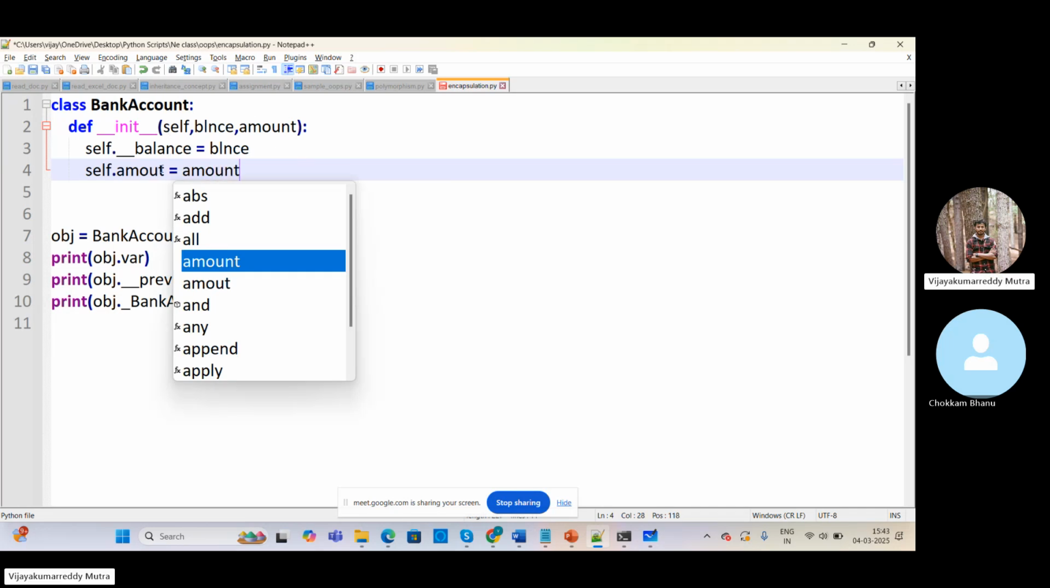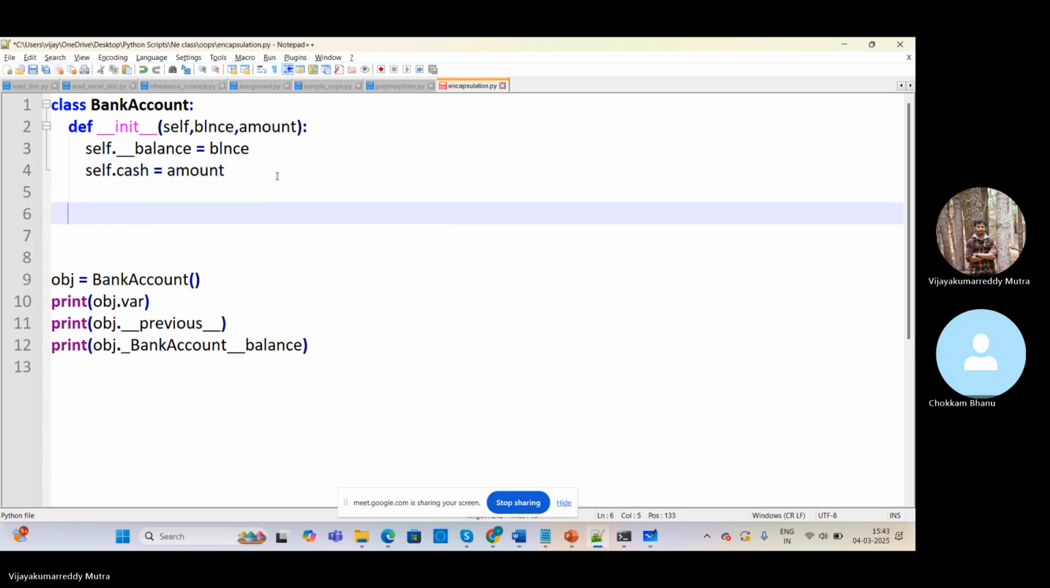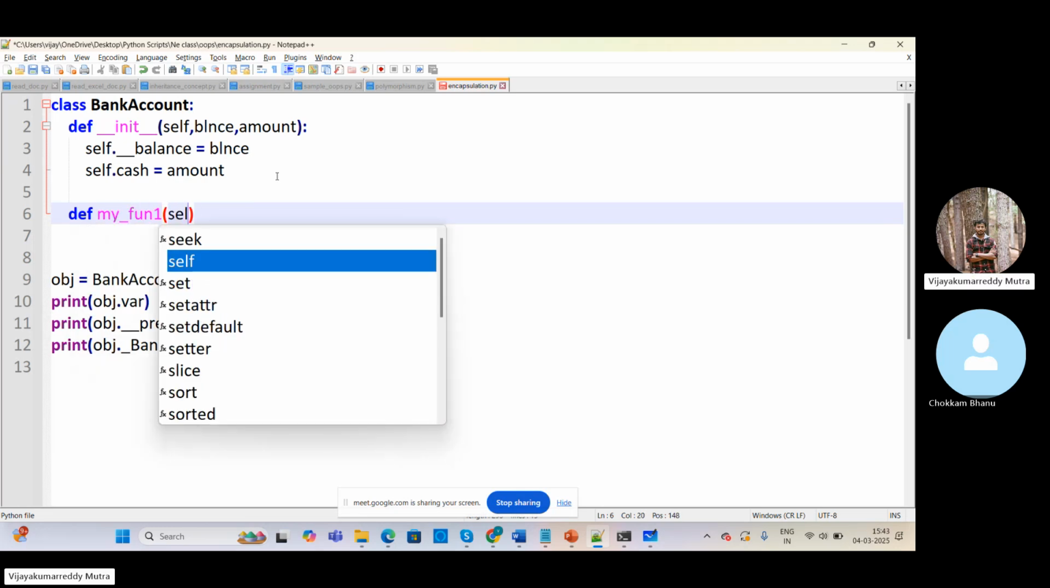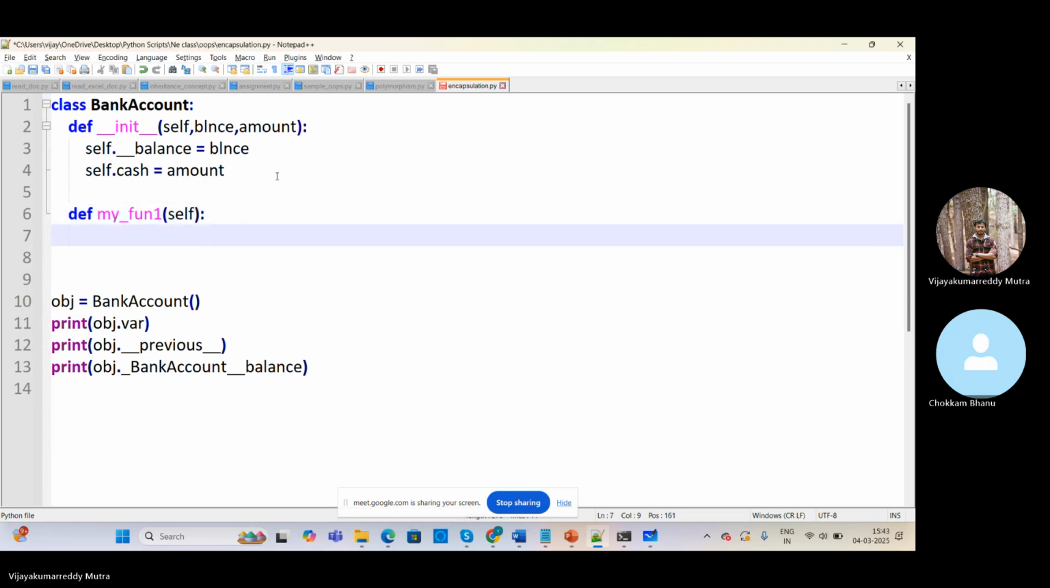Or else, anything it would be. I'm going to take one function, guys. Let's see my function, or my method. This one, self, I'm taking only one variable. Here, I need to return